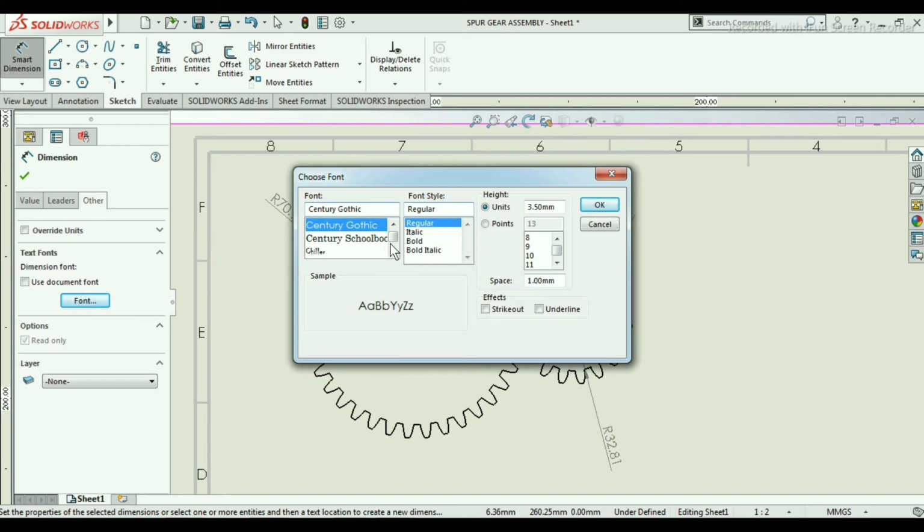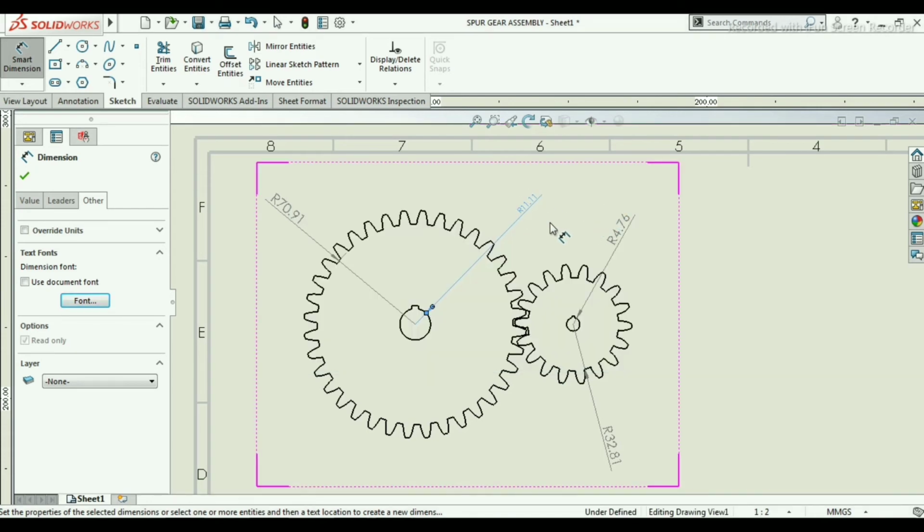So according to your choice, you can increase or decrease the font from here. If you want to decrease by units, you can select this unit and adjust according to your dimensions or font size, or you can also use these points. So I am keeping 8 mm and everything is correct. So click on OK.